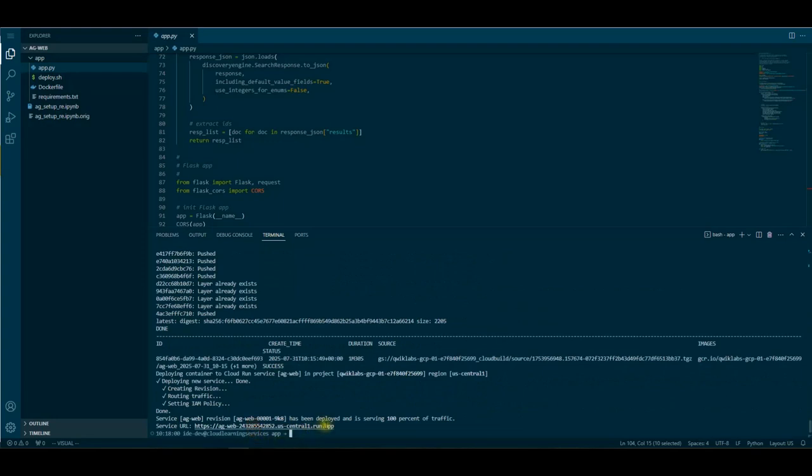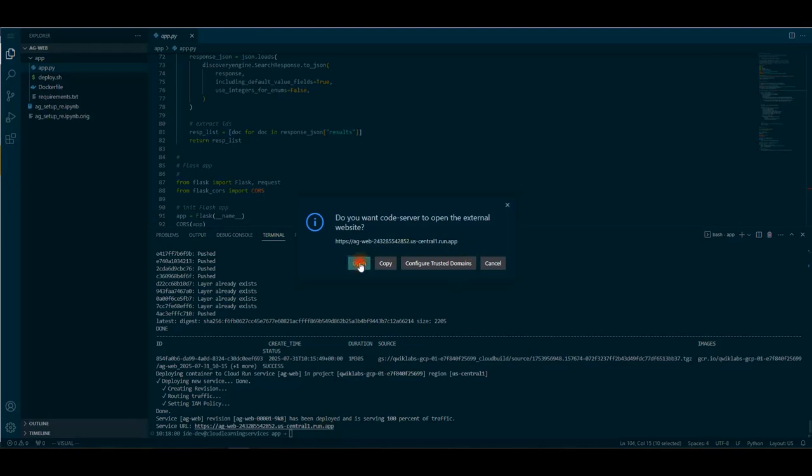Okay, so finally it has finished deploying. So now let's open the URL. It says here, welcome to the web end. If I were to add this, I get an internal server error. For some reason,